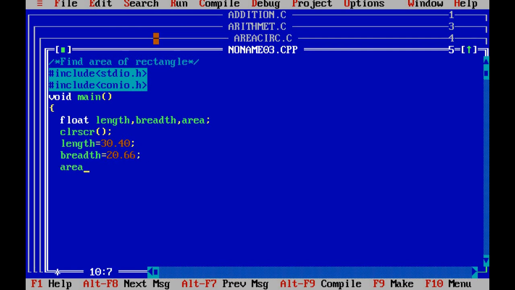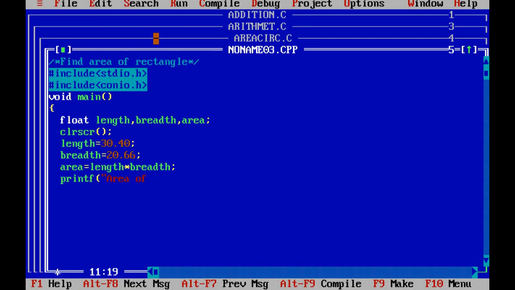Calculate area is equal to length into breadth. Then print the result, printf.